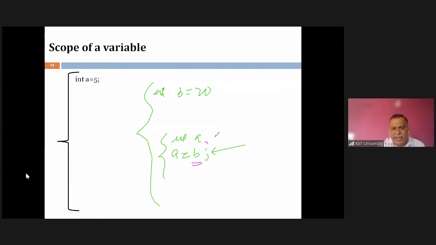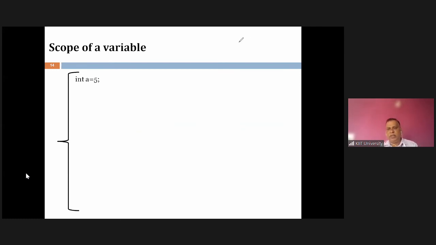If I have int a and b equal to 5, then this value of a will become 5. The same variable can be declared in another block. So the outer variable will not appear inside this block once a variable is declared with the same name. But if it is not declared, it takes the value 20 over here. That happens in the C programming language. Look at the example, it will be more clear.